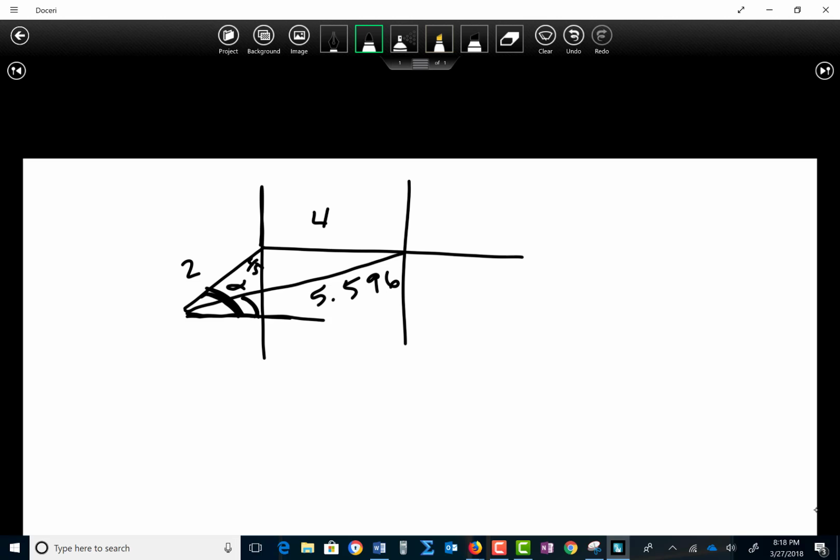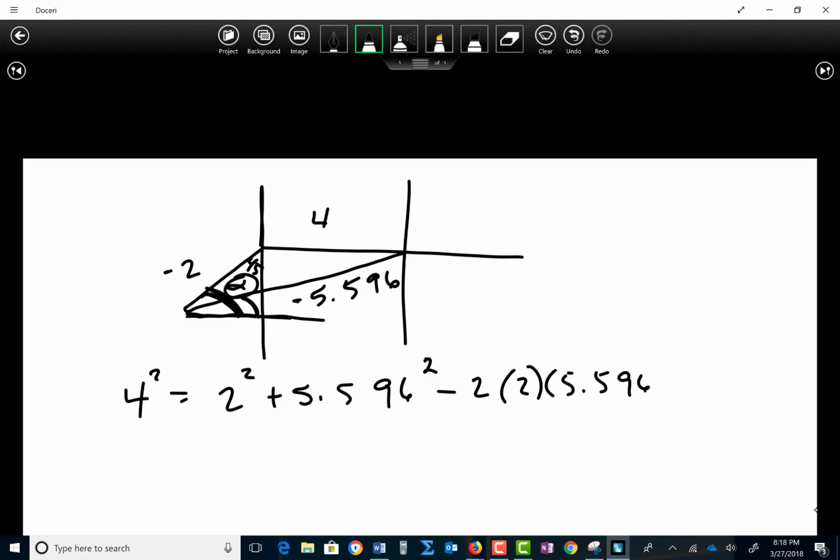If I pop that into my law of cosines using this angle and these two sides, I can do 4 squared equals 2 squared plus 5.596 squared minus 2 times 2 times 5.596 times cosine of my alpha, and I find out that alpha is somewhere around